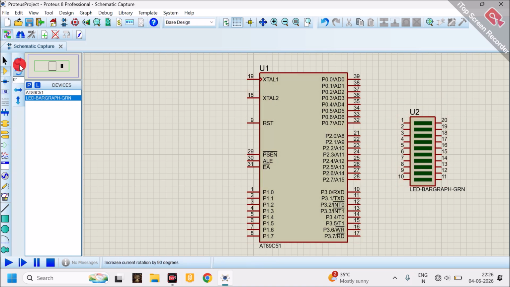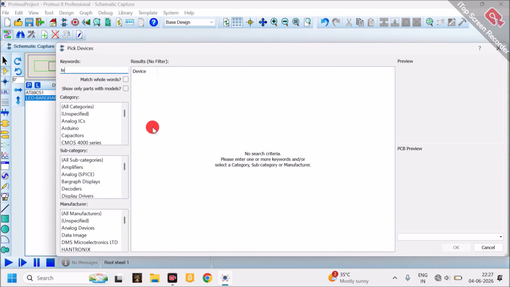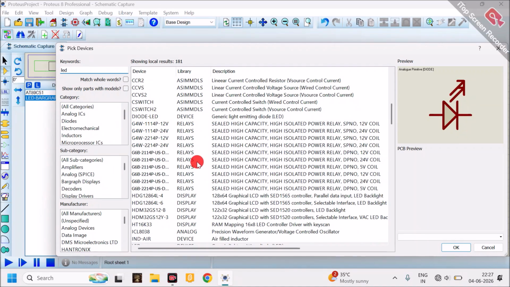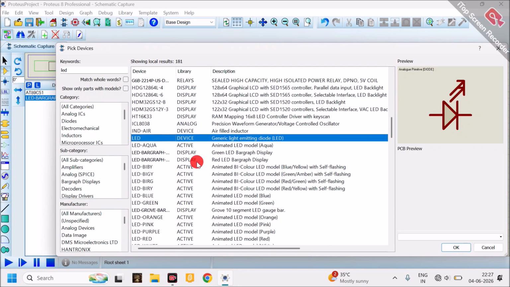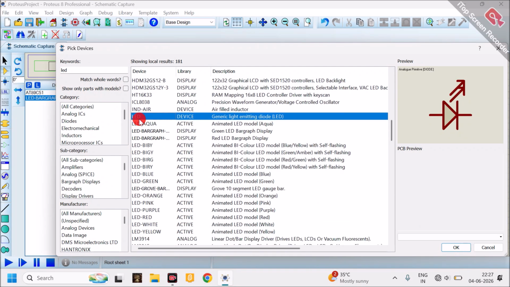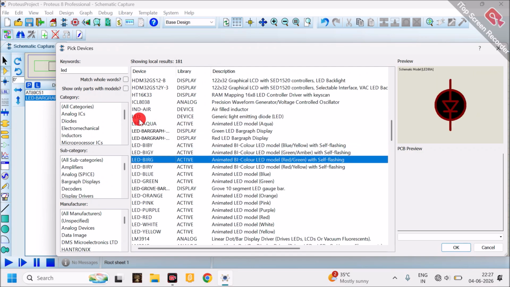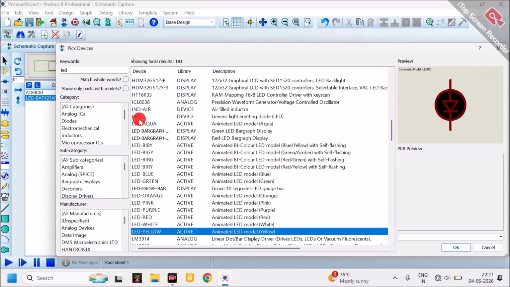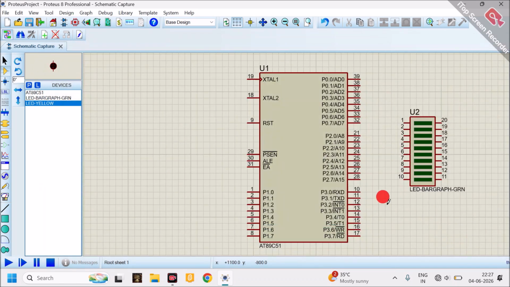I will take one more component, that is a single LED. So again I will type LED in the library section, the pick device section, and I will choose my favorite LED, yellow color, and that too the animated yellow color. So click here and say OK. Now make the connections of this. So just you have to drag the terminals,